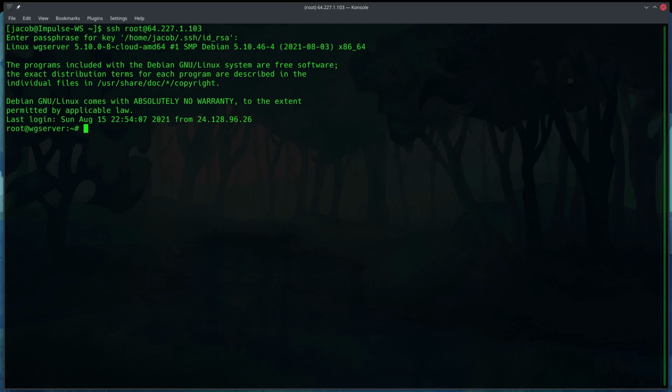Now, one thing I want to draw your attention to for that module is that you need to pay attention to what kernel you're running. WireGuard has been included in the Linux kernel since version 5.6, and as you can see, I'm currently running version 5.10. However, if I run uname -r, you can see the specific build of the kernel that I'm running right now